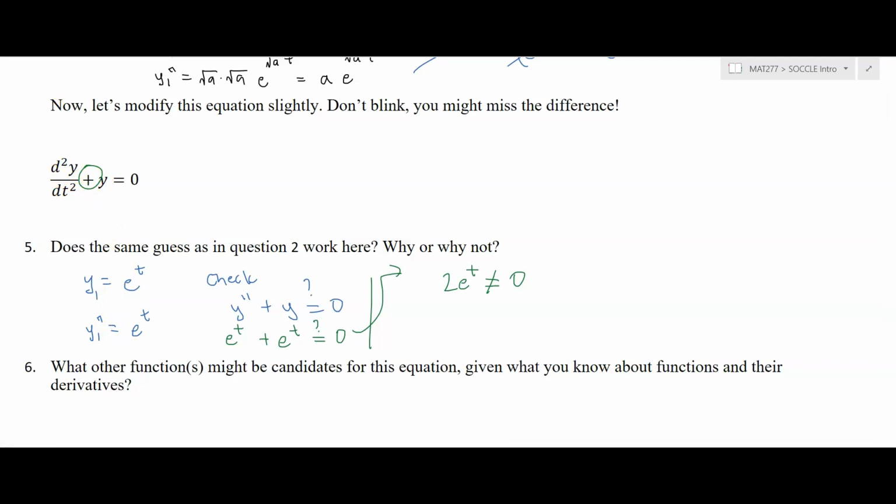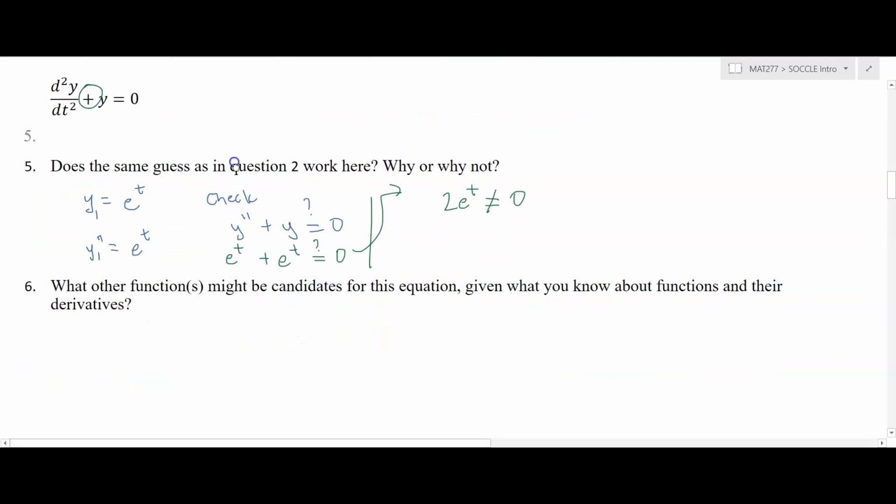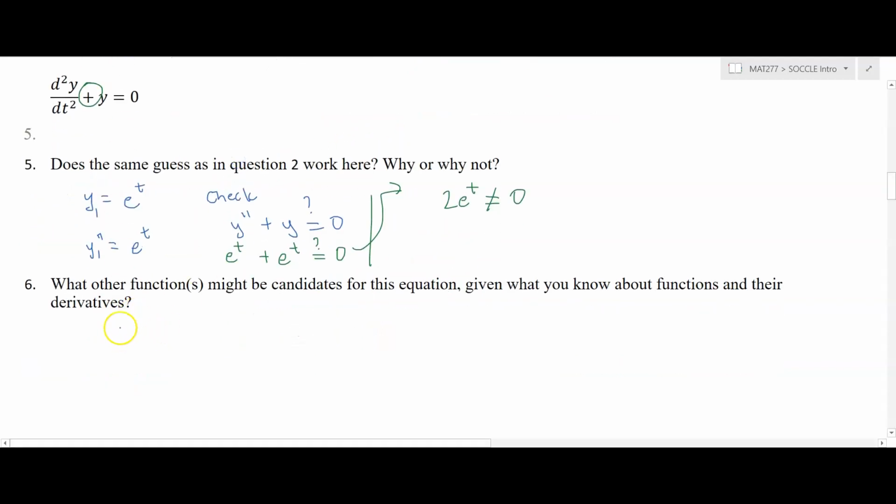For example, you can probably agree that if you had t squared, that wouldn't work because its second derivative is going to be 2, and 2 plus t squared is not equal to 0. So that wouldn't work. Well, how about sine and cosine? Well, if I picked y equals sine of t,